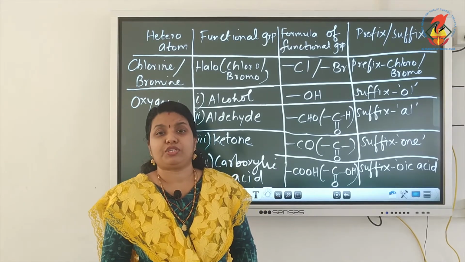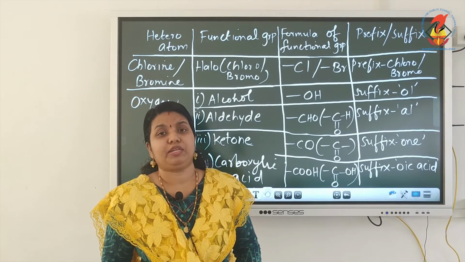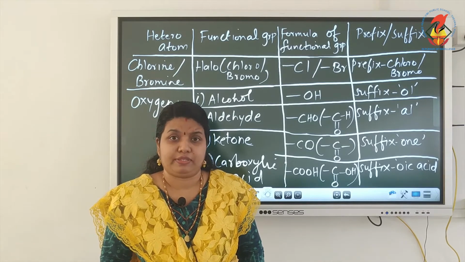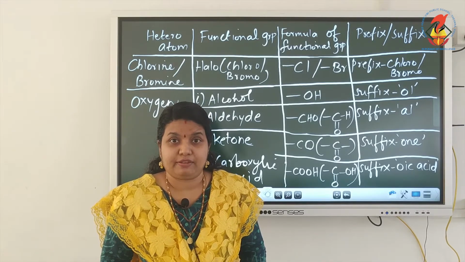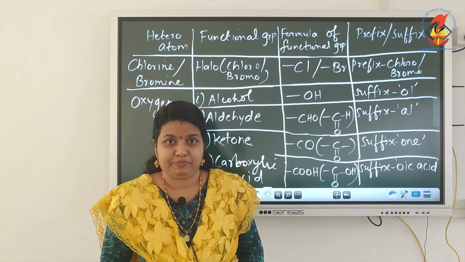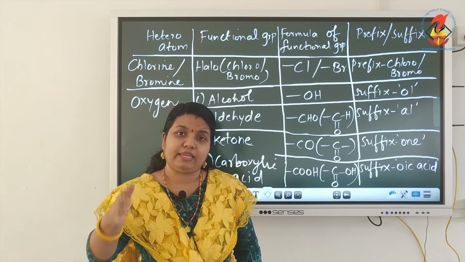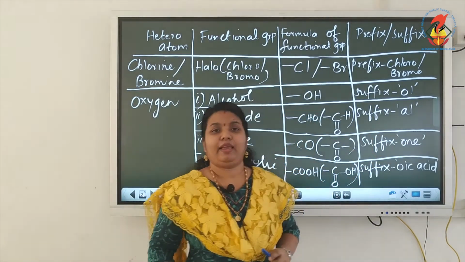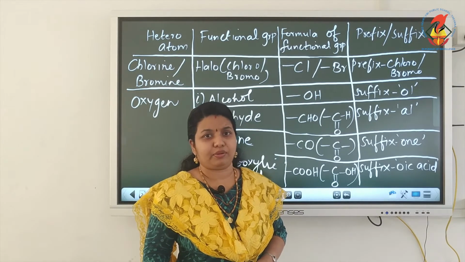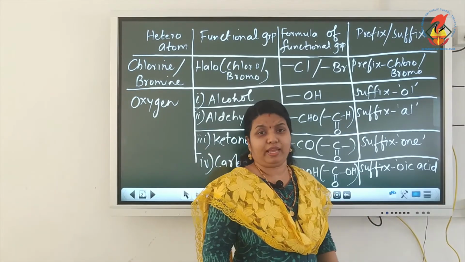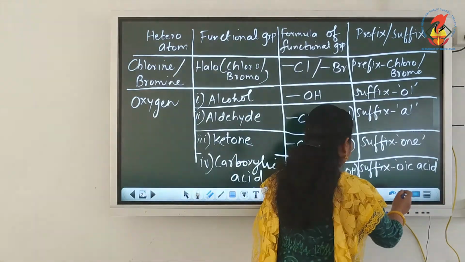Then look for the functional group. See whether a functional group is present. It has to be added as prefix or suffix. If it is suffix, the final e has to be deleted from the name of the compound. If it is propane, the final e has to be deleted and the appropriate suffix has to be added. So, that is the method that you have to follow while writing the name of organic compounds, carbon compounds.